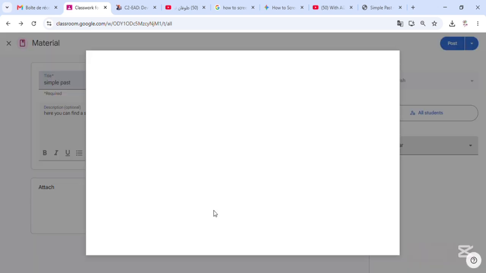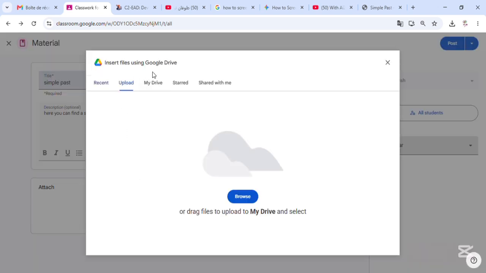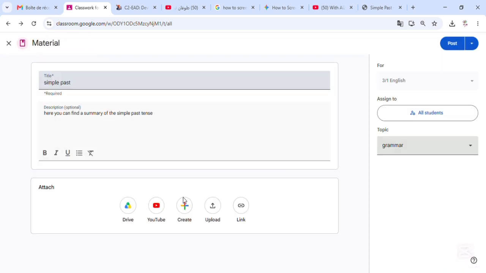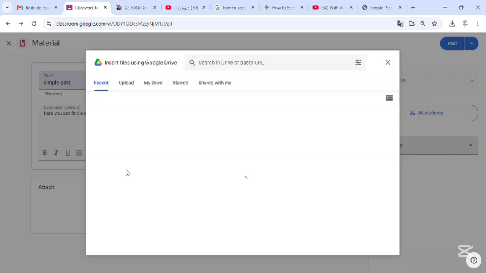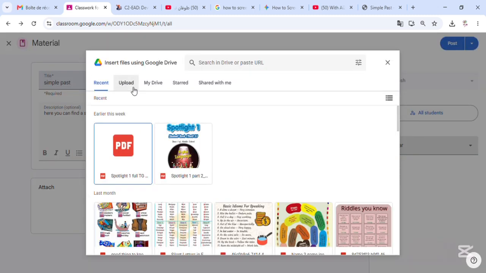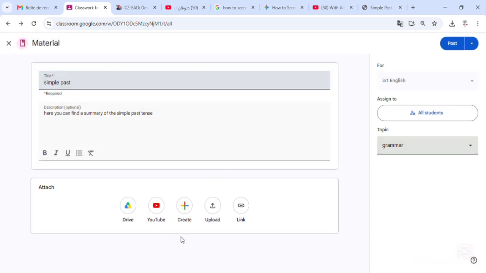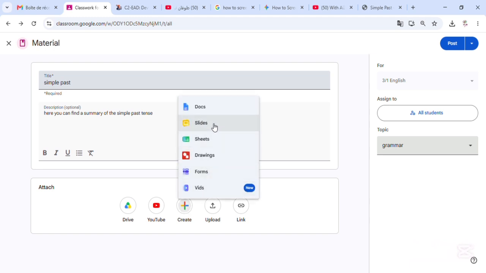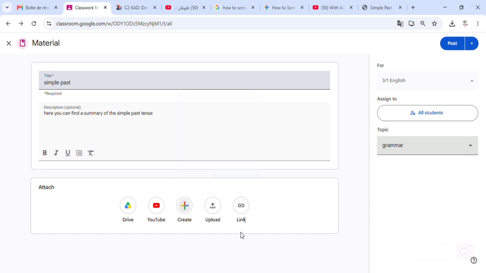I can upload from the Drive. I don't have things on the drive for the moment, where I can create. I don't want to create.